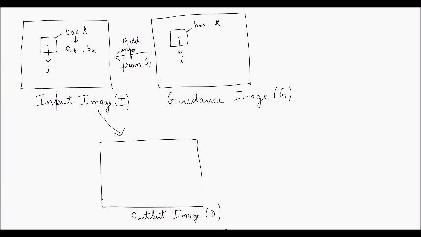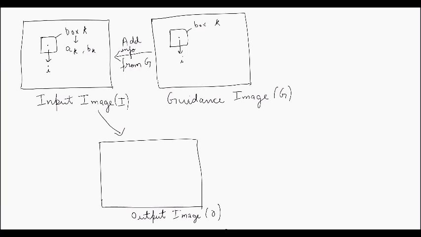So first of all, what we need to understand about guided filtering is that it's a local operation. It assumes that for a particular point, the only places that will affect it are all the pixels inside a box surrounding it. Throughout this tutorial, we'll call this box K. Essentially, whenever we talk about a point I, guided filtering assumes that its final result will not be dependent on any of the pixels other than the pixels inside this box.